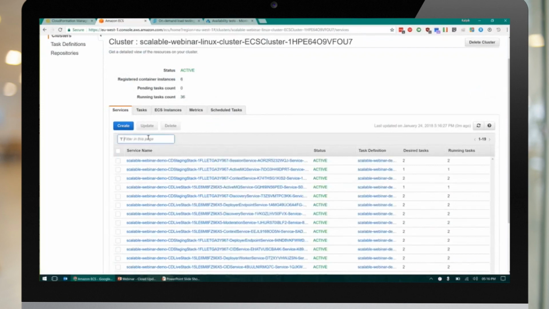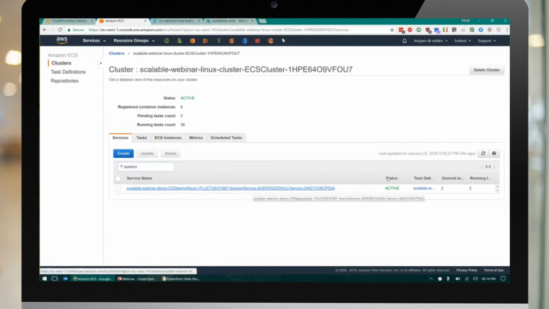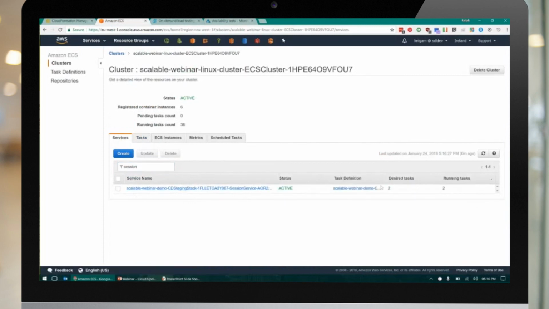If I filter down on one service, for example the session service, which is the session aware content service, you can see that there are 2 running tasks, and if you filter on the tasks,